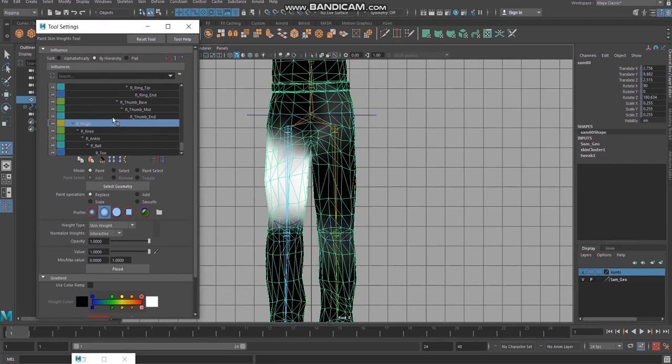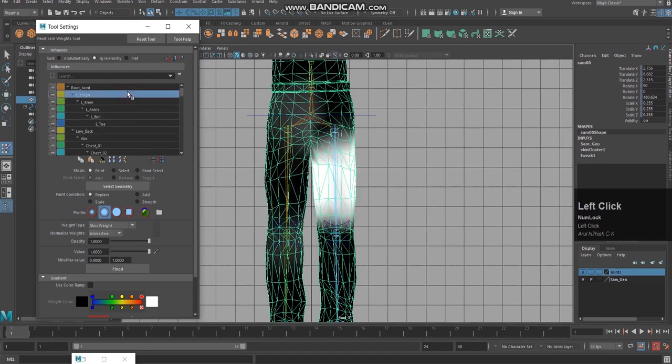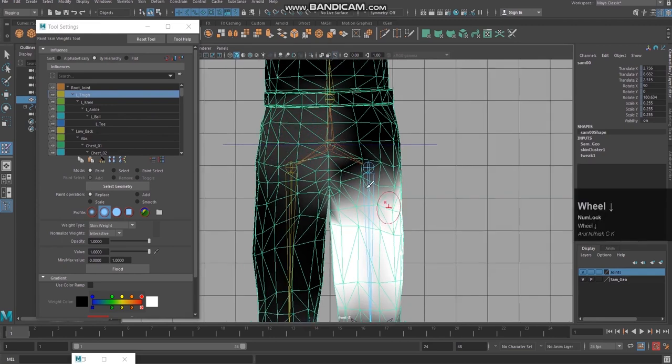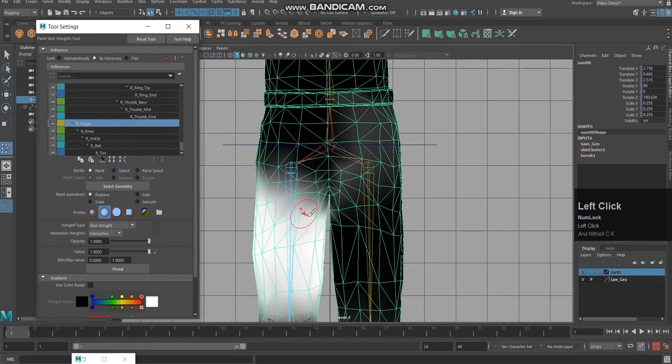See, there is also a mistake that happened, and that is also being mirrored. It is not a mistake. See, when I am selecting the left thigh, you can see this left thigh is having some mild influence here that I need to remove. But I didn't notice it. I have given mirror skin weight. Now when I am coming down to the right thigh, you can see the same mild influence, and that influence also appeared on the opposite side.